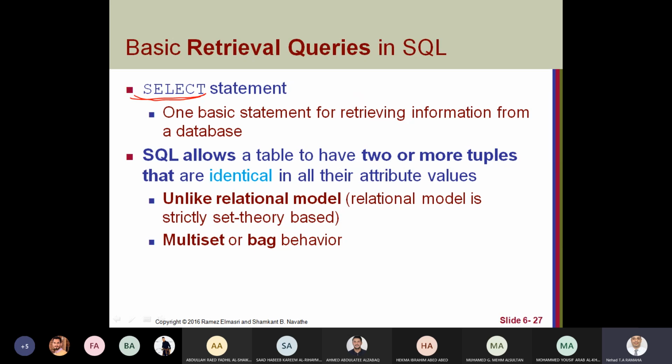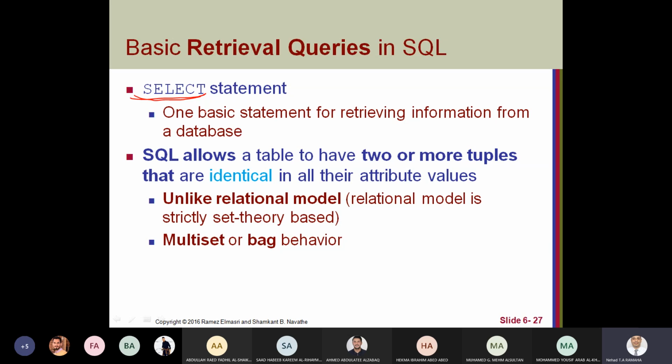To get information from the database, we use the select statement. The information retrieved from the database could have identical values, not like relational algebra.